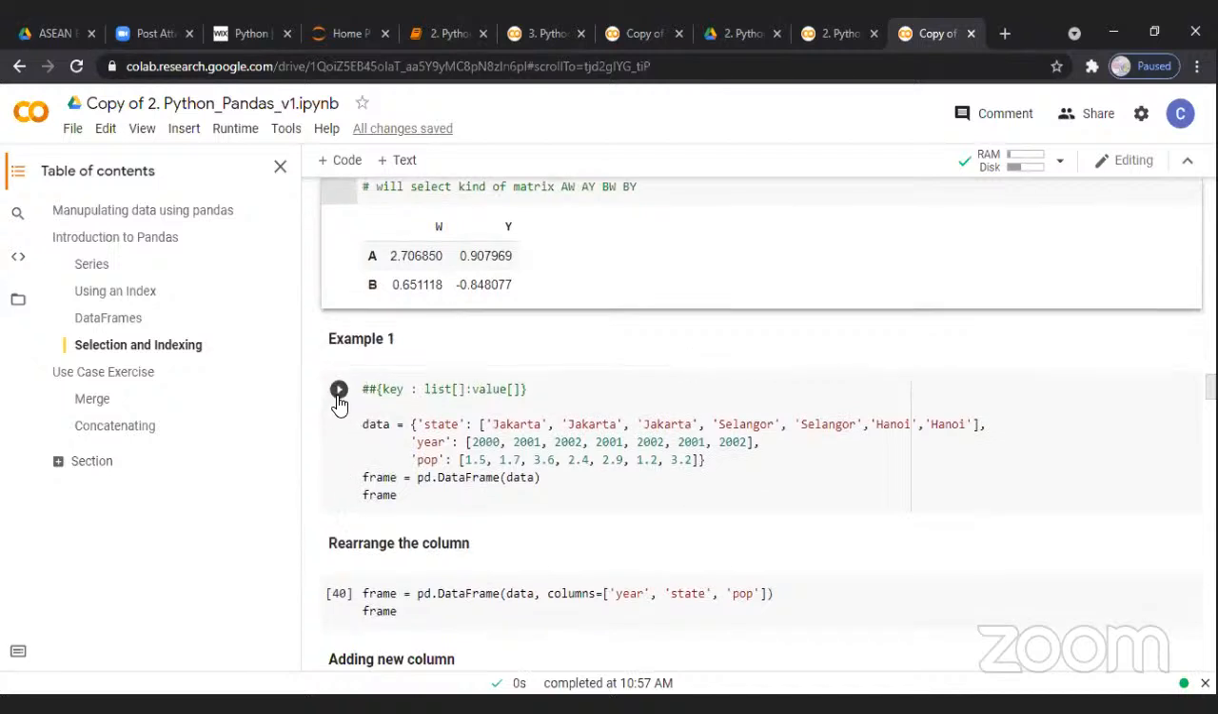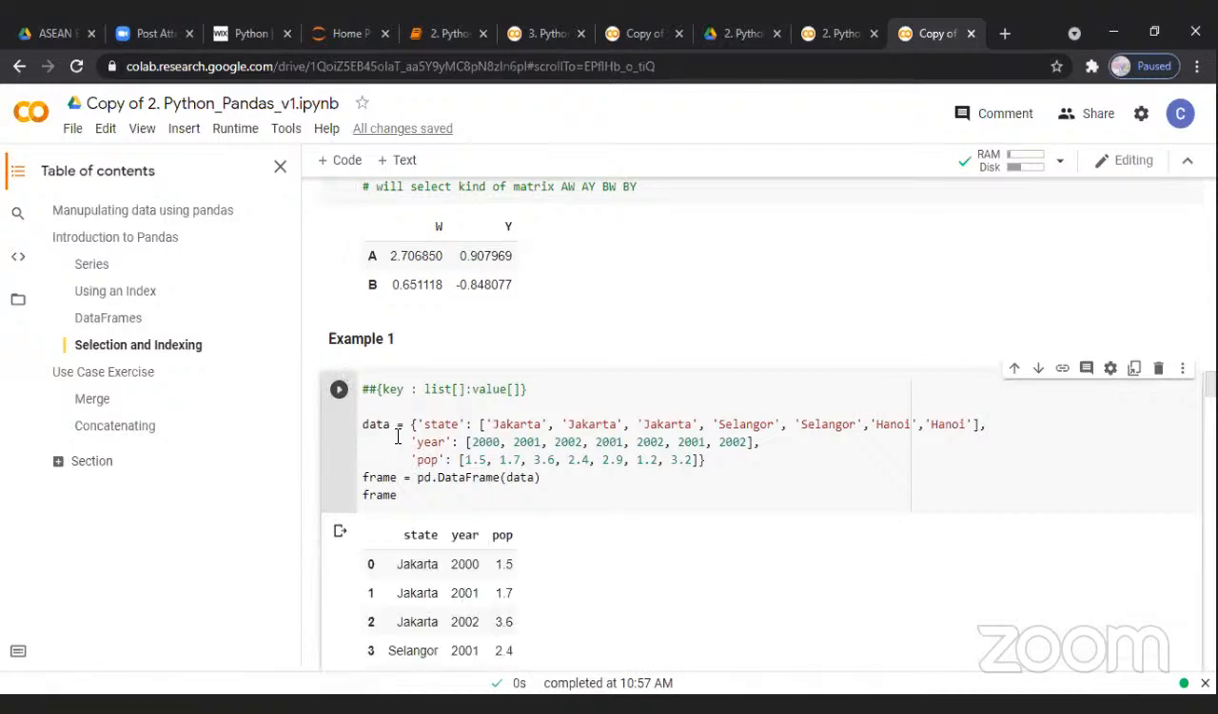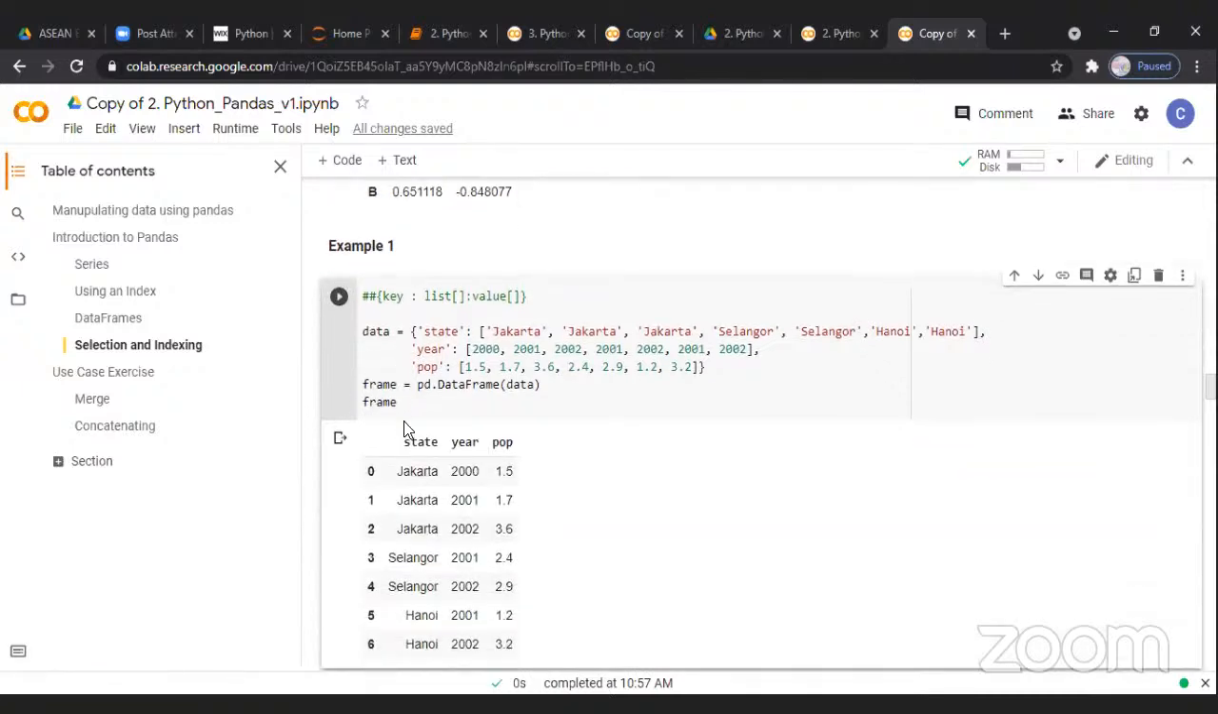So let's move to another example. If we have this kind of data,